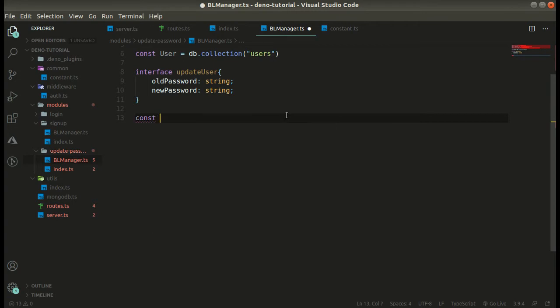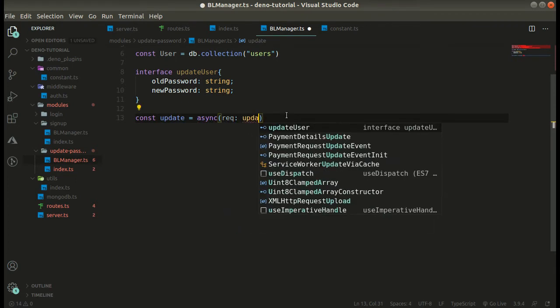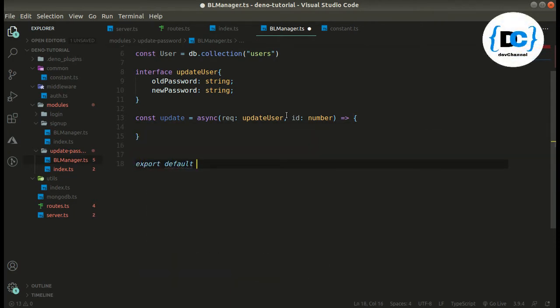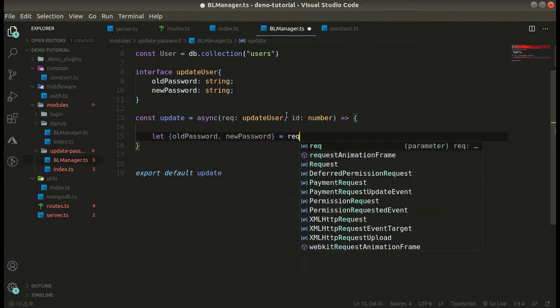Const update, it will be async, and here comes the request that we are receiving, of type UpdateUser, comma id that will be of type number, arrow function, and let's quickly export it. Update. Okay, cool. So now let's quickly destructure our old password and new password from request.